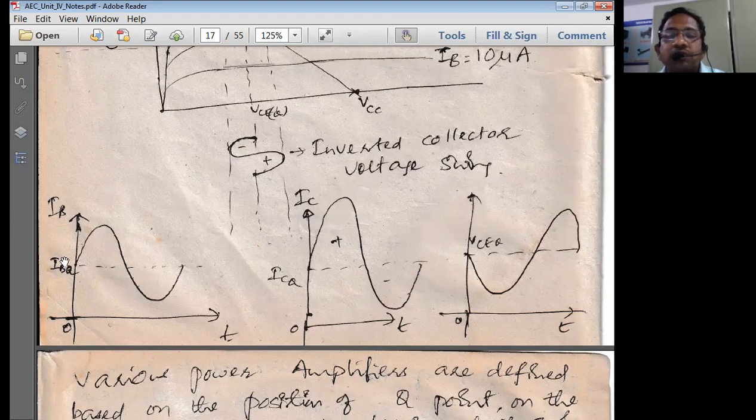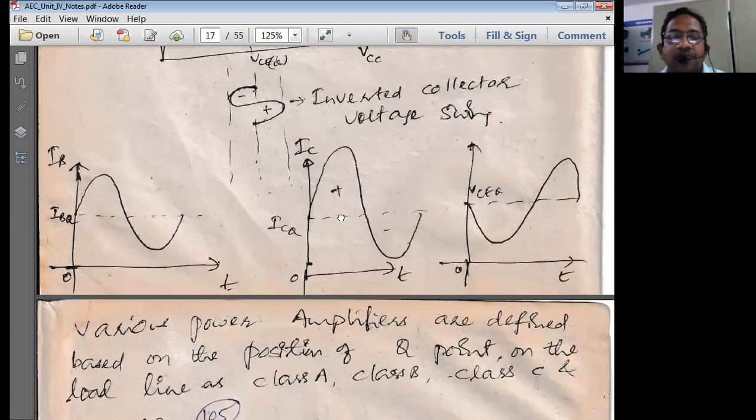Or if it is going to be base current, the current is normally treated with respect to the IBQ. So this ICQ is known as the biasing current. IBQ is known as the base bias current. ICQ is known as collector bias current, right? Because of the application of VCC and the biasing network, we are going to have the biasing currents. These biasing currents are going to drive the transistor, which we already know from the earlier discussions.